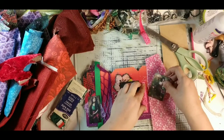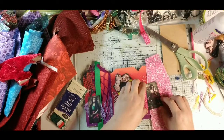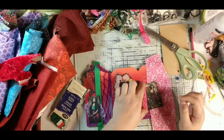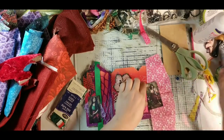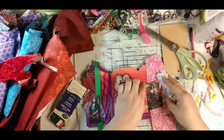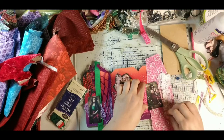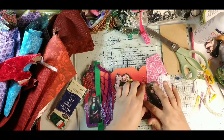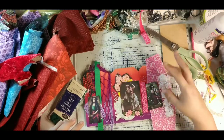This over to the edge. Glue it down where we can tuck the photo in there, and then we can actually sew around the photo too once it's in there. Here, let's put this white down the edge, and then I feel like maybe